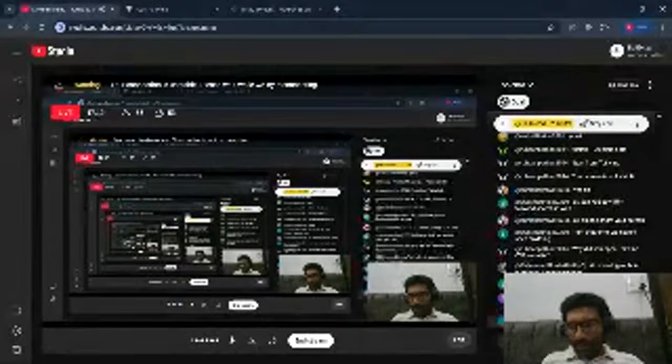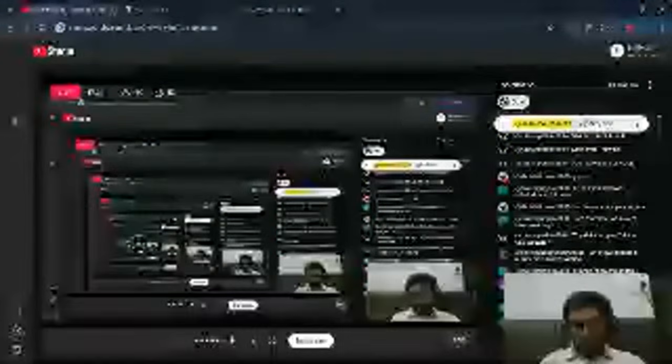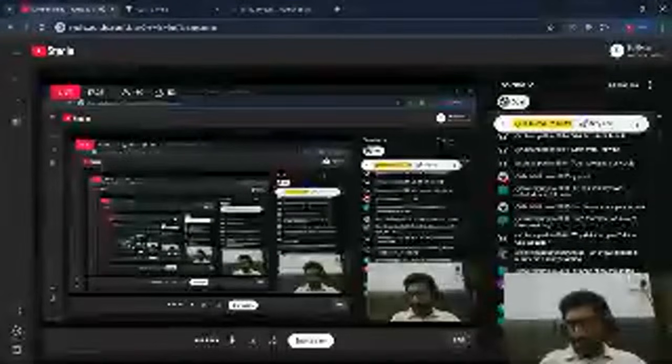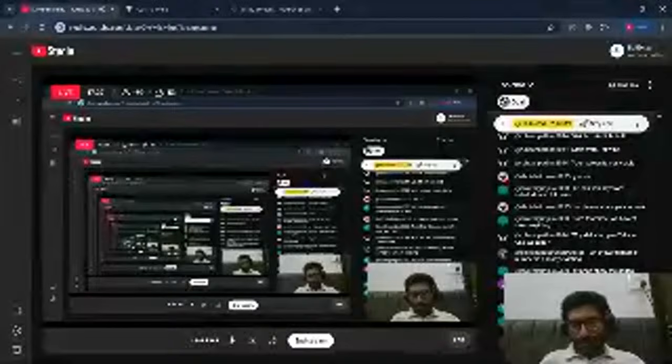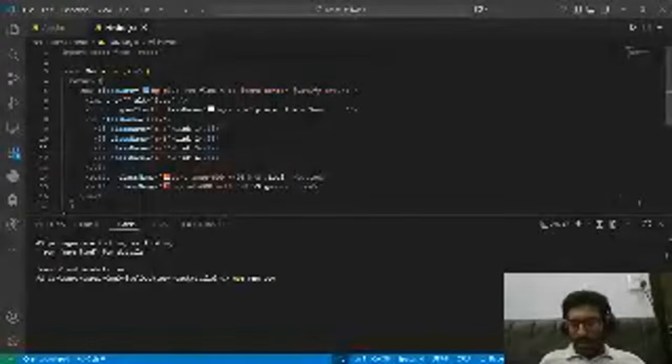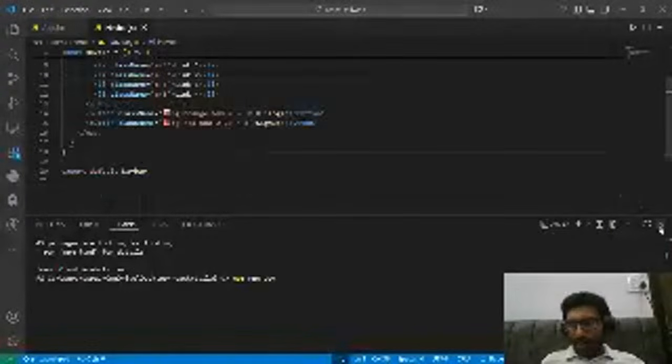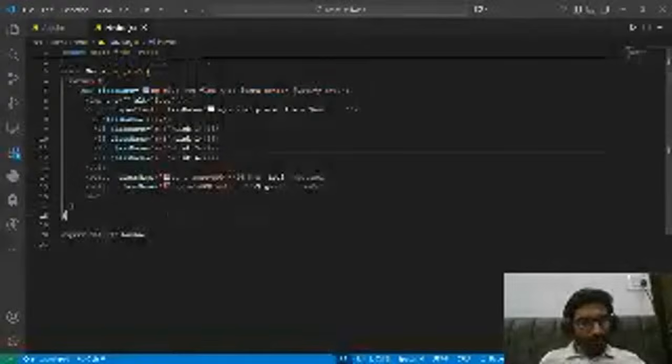Why did you open the Tailwind CSS website? Because on its website we have the documentation. So you have to take the reference of the documentation, right? I'll just close my terminal.